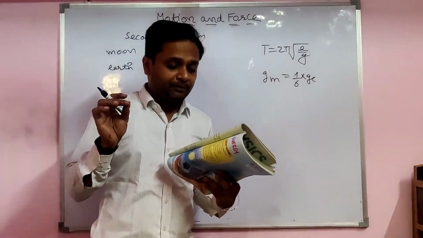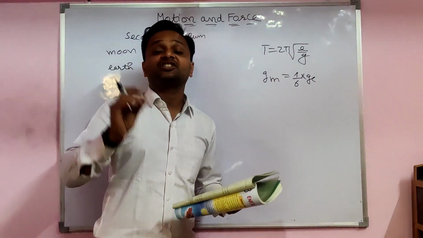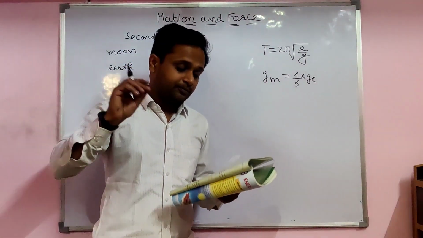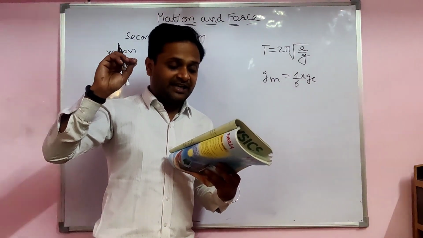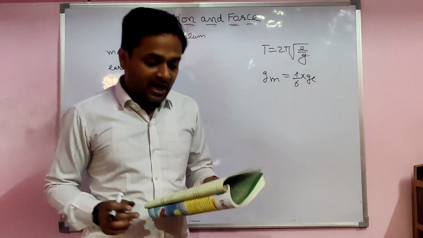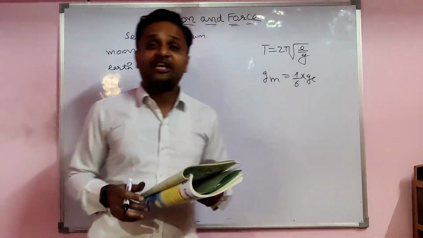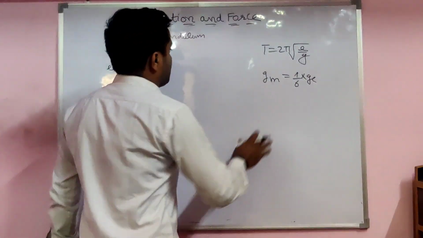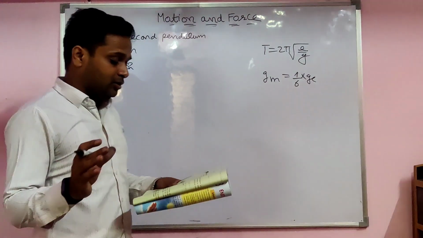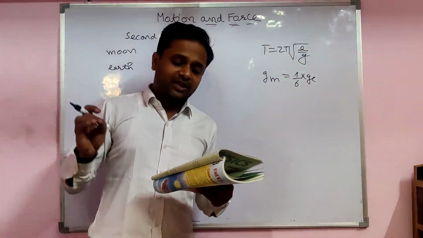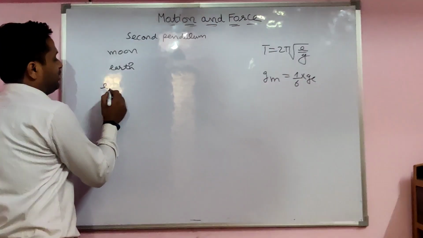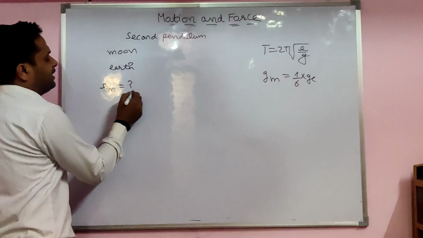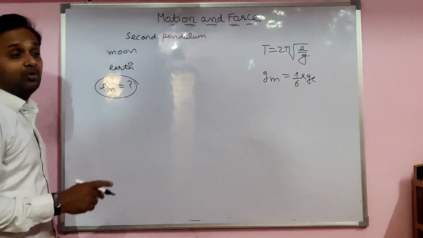Now we have to see what values are displayed by Raghav. He is attentive and shows interest in science. This was the answer. What are the values displayed by the teacher? He is dedicated and has good knowledge of physics. Knowledge of physics. Third one, the main numerical is there. We have to find out the length of the second pendulum on the moon.